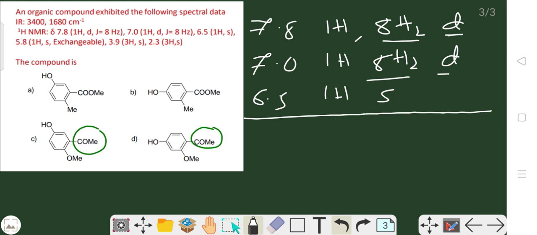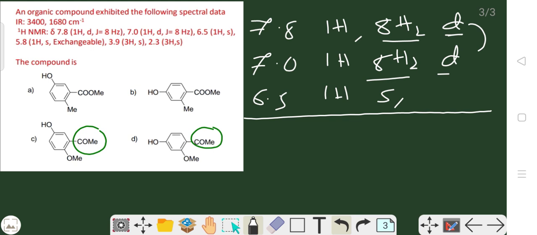Okay, basically these three hydrogens are in a meta or ortho type of relationship. The first two are in an ortho relationship, and this one should be in a meta type, so there will be no hydrogens adjacent. Now lastly we are moving to another signal. So they are from the substituents.